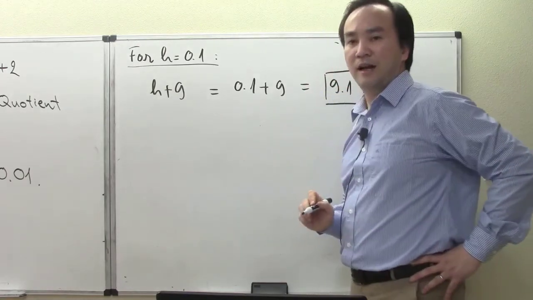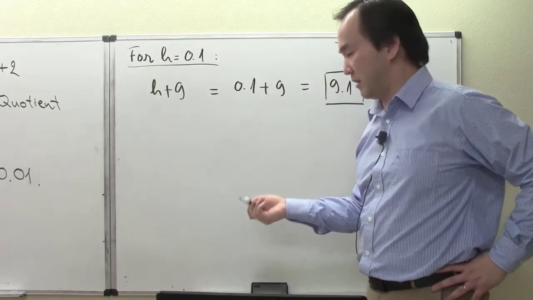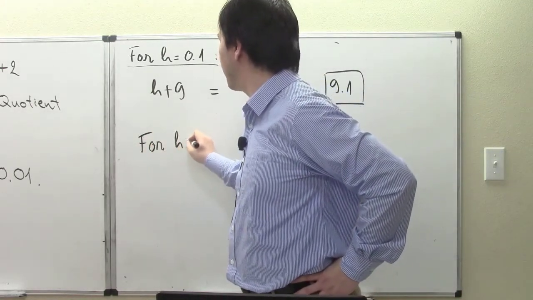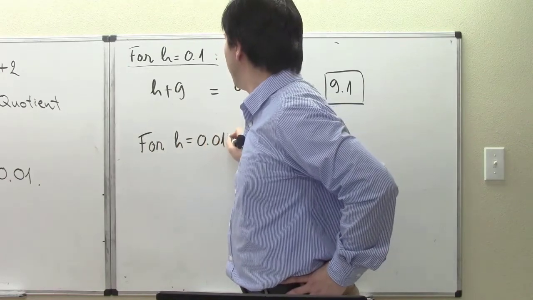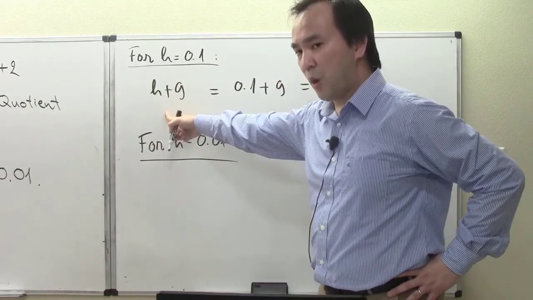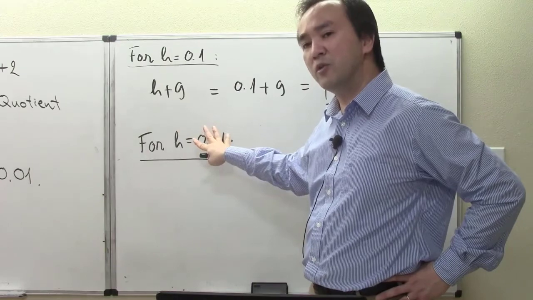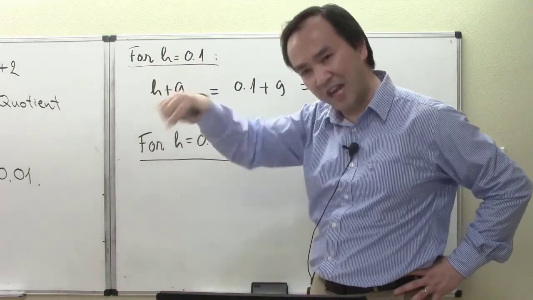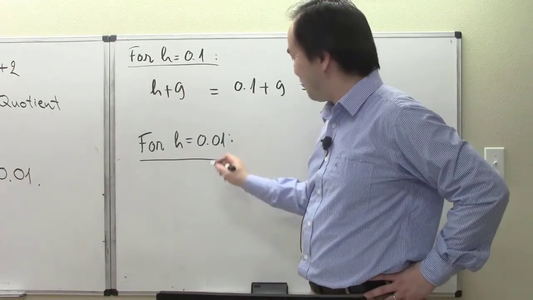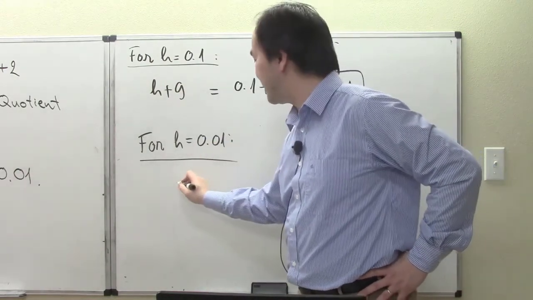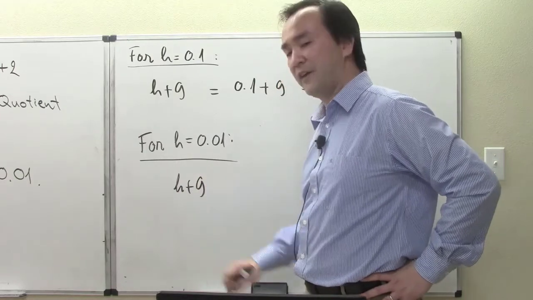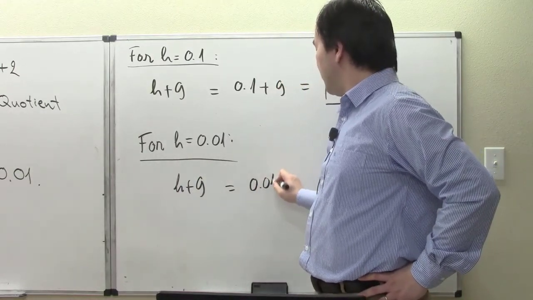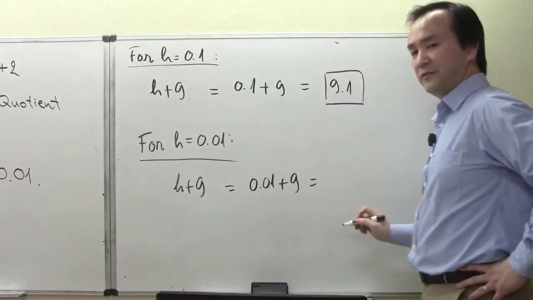Okay, and so now you can work ahead of me. But yes, you will see where I'm going for the next value of h, because before plugging in these values for h, our difference quotient entirely remains in terms of h. And now with h being given at a different value, h plus 9 as our final simplified difference quotient is going to be 0.01 plus 9, and that gives us a numerical answer,